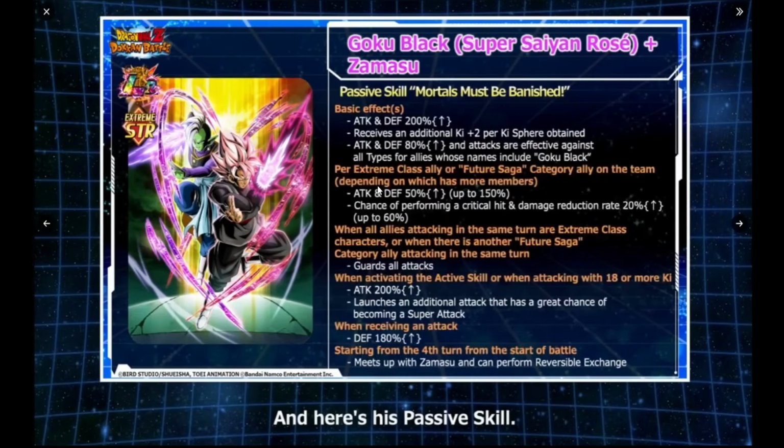defense. And then the kit, attack and defense 200%, additional 2 key per key sphere obtained, attack and defense 80%, and attacks effective against all types for all allies whose name includes Goku Black. So obviously that includes him as well. But it means any base Goku Black, any Rosé, any other like Goku Black and Zamasu, all get this buff,